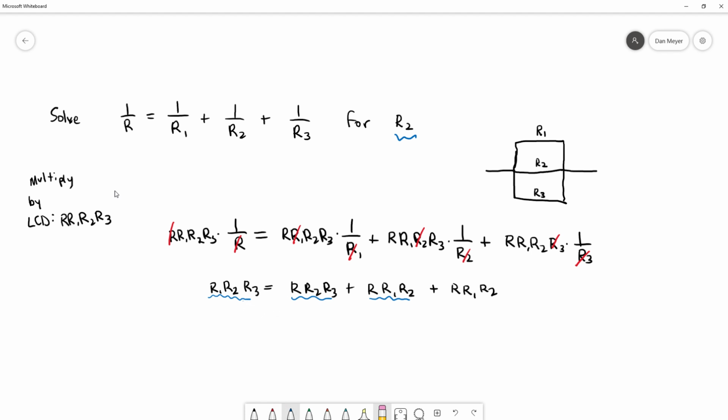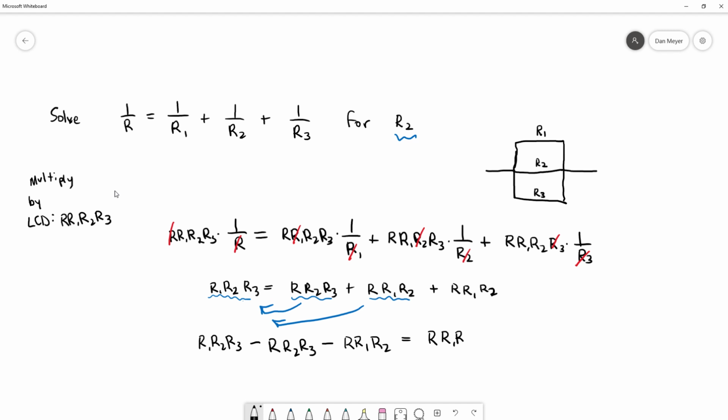I'm just going to bring all my R2 terms over to the left-hand side. So I have R1 R2 R3 minus R R2 R3 minus R R1 R2 is equal to R R1